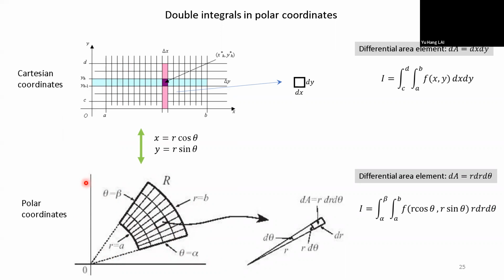But here, I'm talking about not a fixed value of x, not a fixed value of y, but a fixed value of r. If I tell you that I'm at a point where r equals a, some constant, then